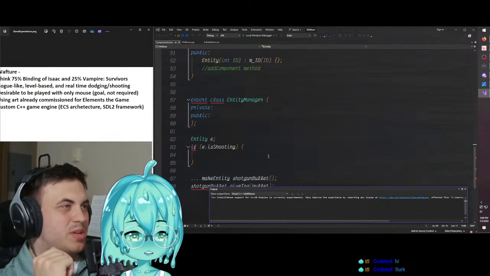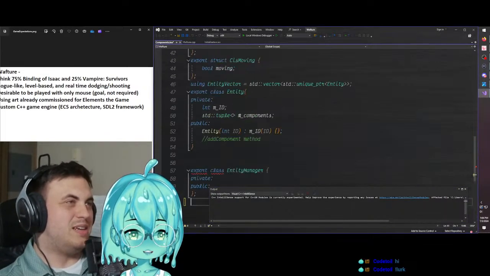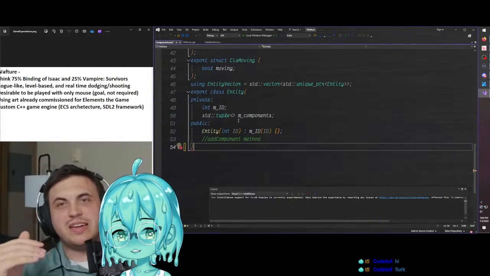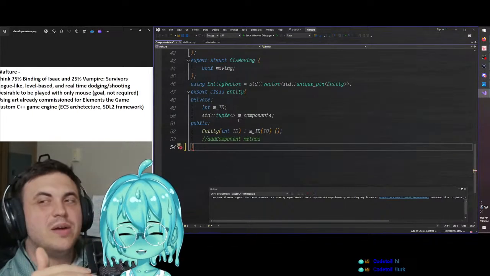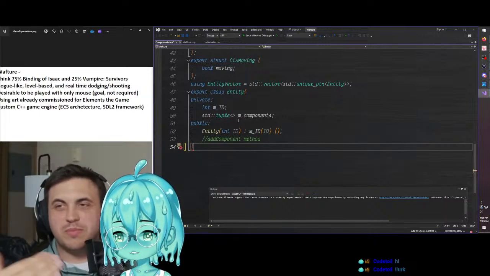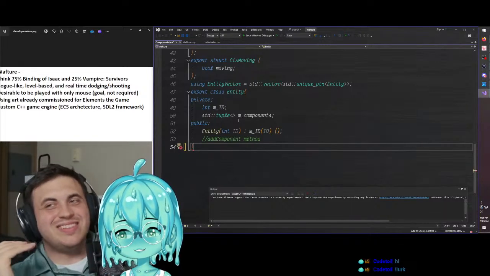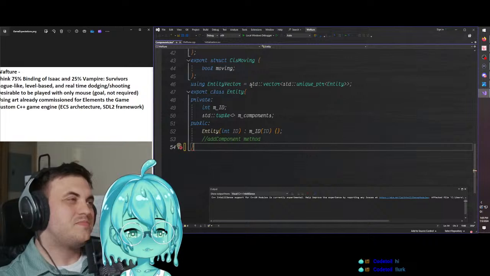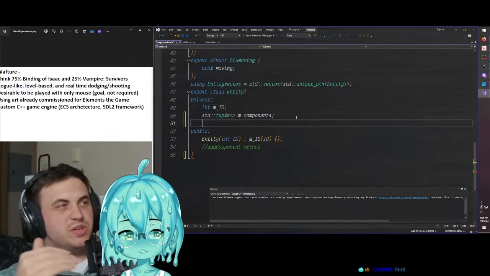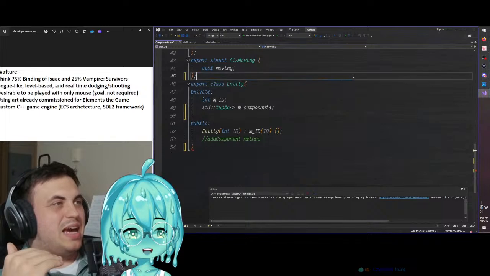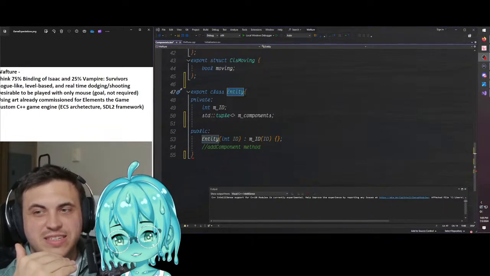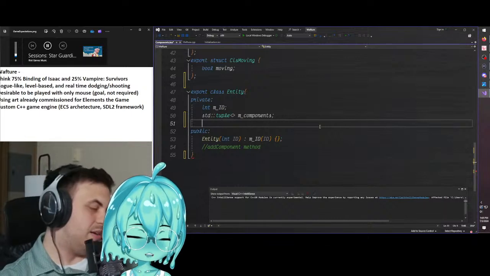So we're gonna make stuff. All right. Let's get rid of a lot of this. So I was thinking a lot today about how we're going to be doing this and how we're going to store components in our entities. I think the conclusion I've come to, we'll ignore the tuple components for a second, is that we're going to have an entity class for every entity, where we're going to have,